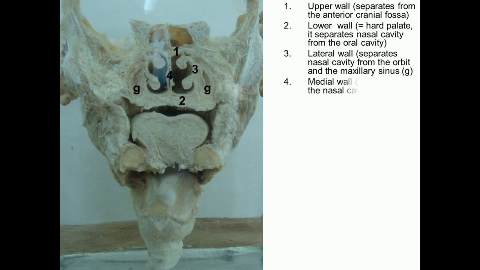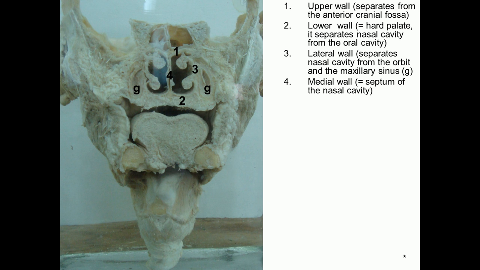Number four, the medial wall. We can say that the medial wall is the same as the septum of the nasal cavity. The septum of the nasal cavity divides the nasal cavity into two symmetrical parts, right and left. So it's the medial wall. And then